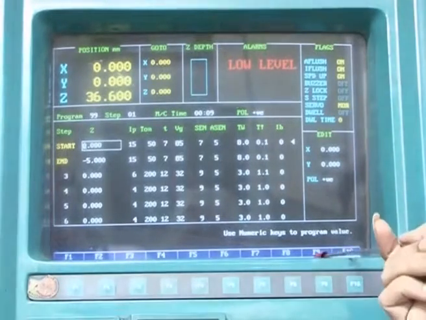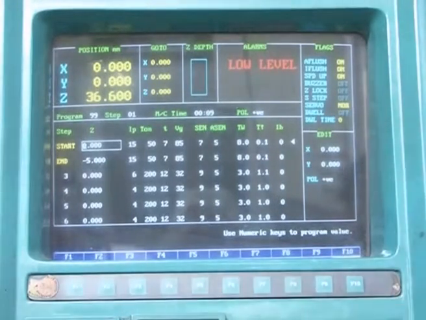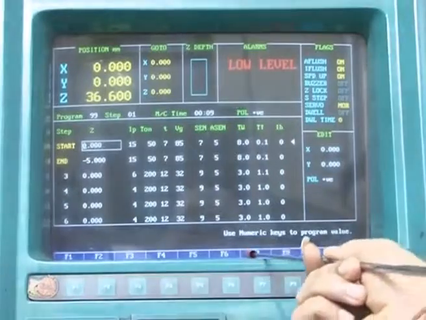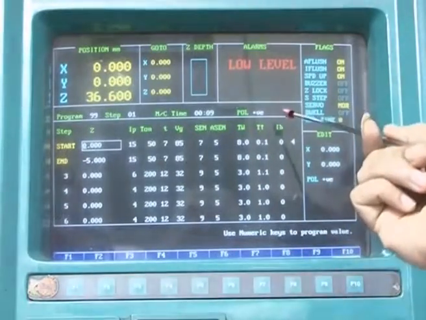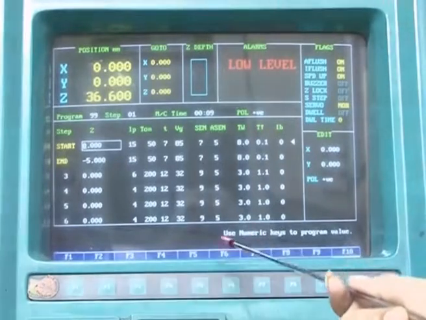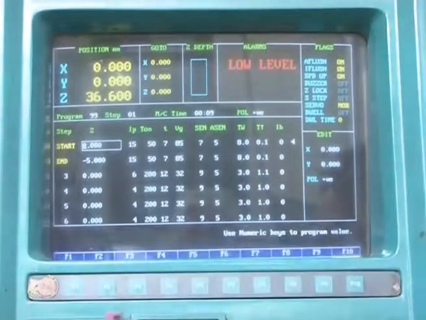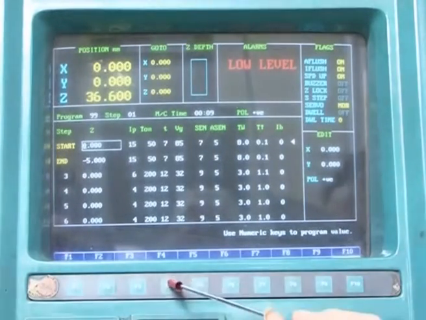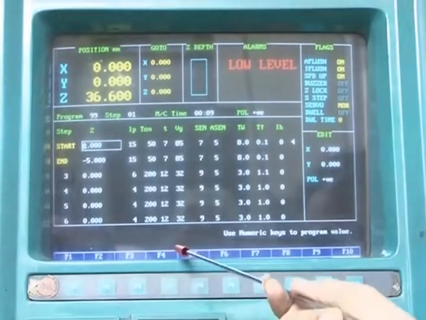Now this F9 is the pump. Pump is that you have to fill this dielectric chamber before starting machining, and this Z down is movement of Z axis, Z up is movement of Z axis again. Alarm reset, if some alarm is given by this control panel, then you can press this button to switch off that alarm. And then end step, this means if you are giving a step machining, then you can set by this F5 button, and standard step is F4.